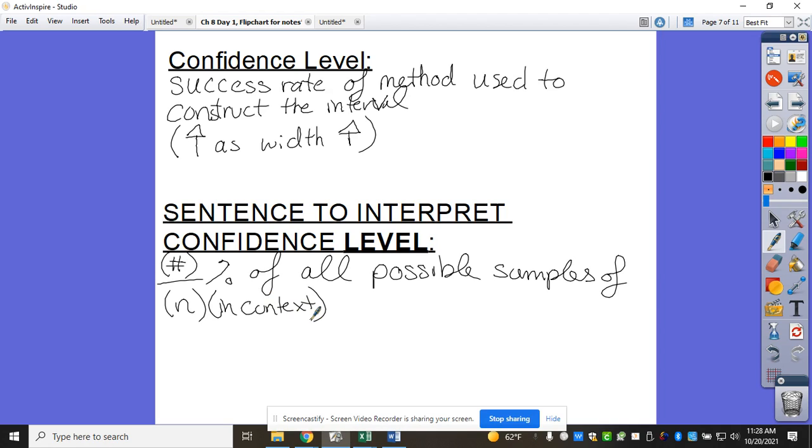So this many percent of all possible samples of n will actually result in an interval that captures